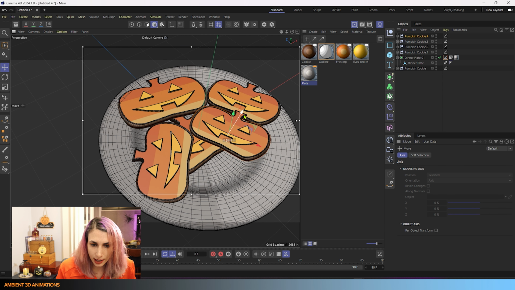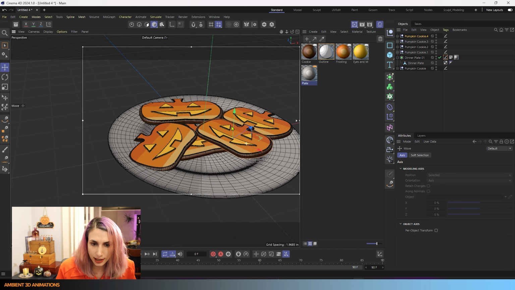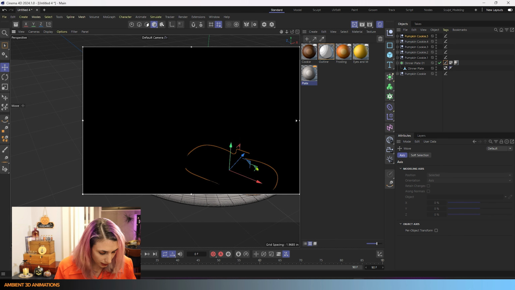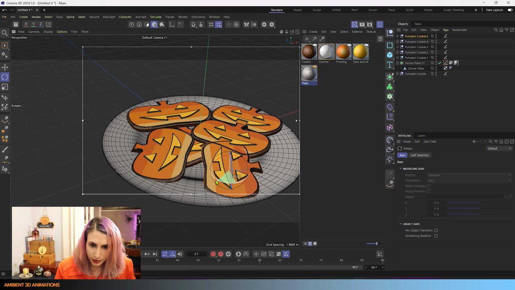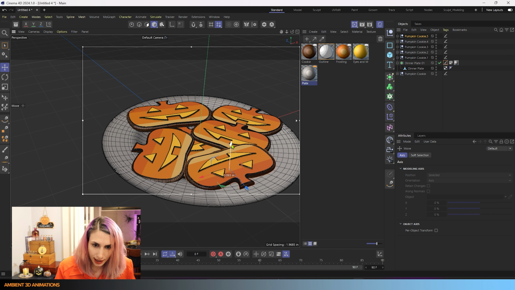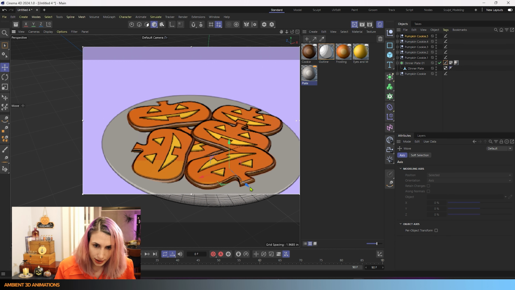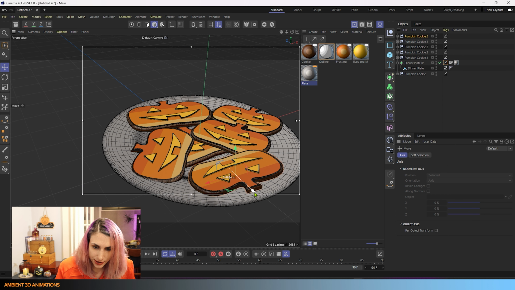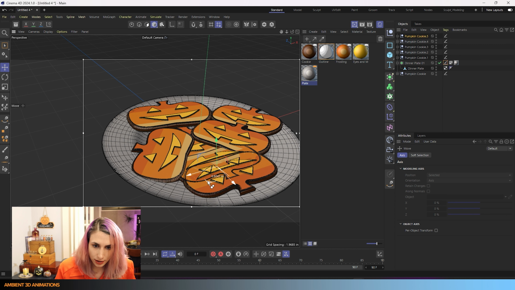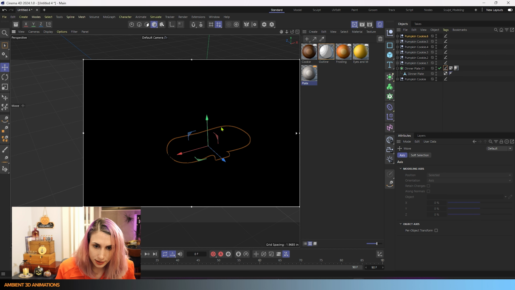Now, the key here is to not have these cookies overlap in any obvious ways. It's actually easier to make the way they're placed look realistic when they're this cartoony style, because you're less likely to see shadows that look out of place or things that look like they're floating when you're working in this more cartoony style. And that actually in some ways makes placing these cookies here a little bit easier. But it's just something to be aware of. It might take more time if you decide to do some more realistically rendered cookies instead of these cartoony ones.